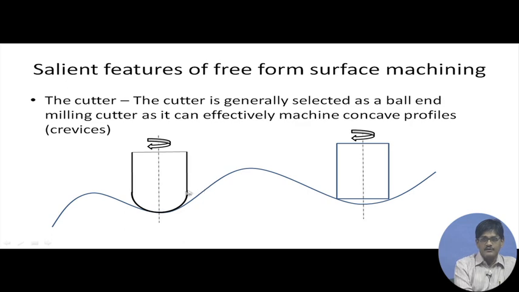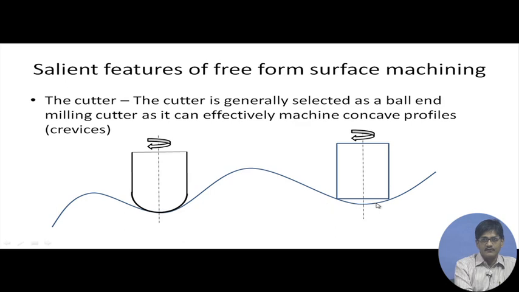Now, why do we choose specifically a ball ended cutter instead of a flat ended milling cutter? This is also a milling cutter, it is a flat ended milling cutter. Okay, it is rotating about a vertical axis. This is not preferred for 3 axis machining, but this one is preferred, and the reason has been made obvious